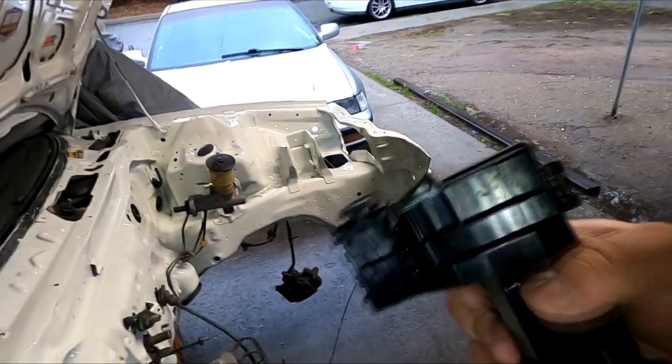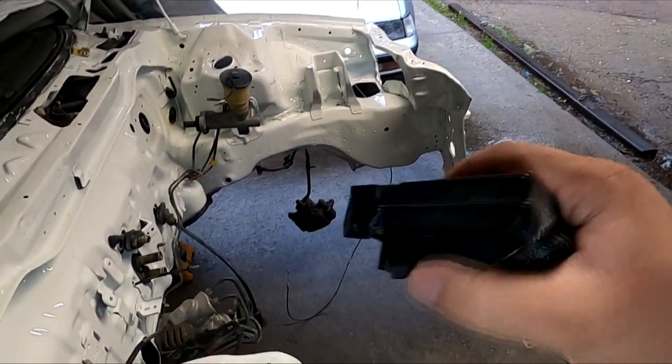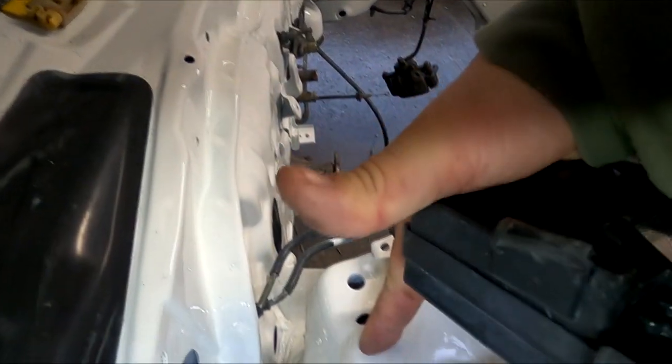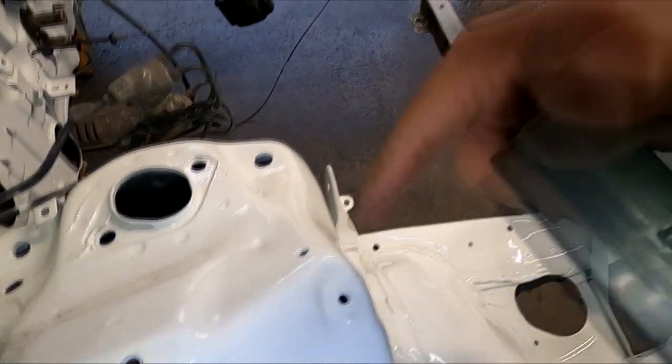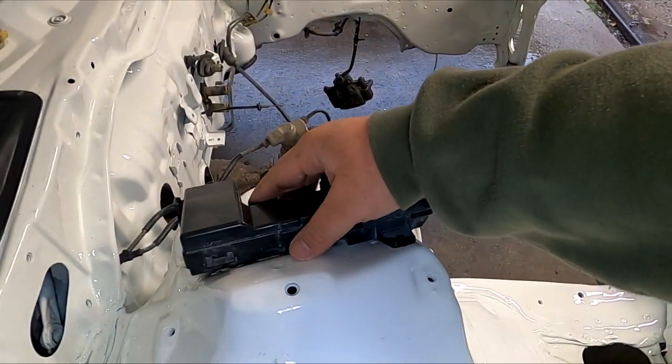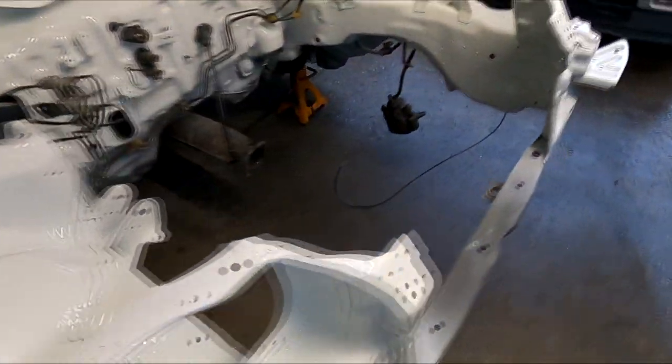And then everything else that you see, like right here, literally from right here, is going to go out to the fender. So I found the fuse box, and I didn't realize that one of the legs is broken off right here. This one is supposed to be mounted right here, and then there's a mounting point right there for the top one right here. So I kind of stuck it on here, right? And I'm looking at it,